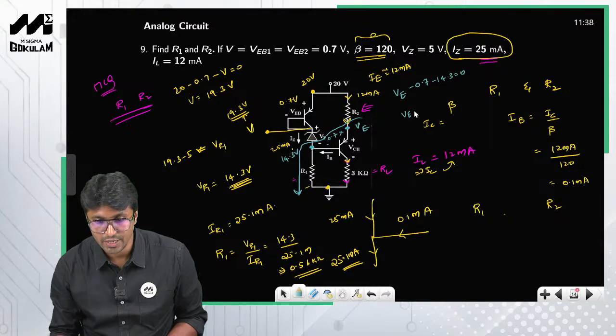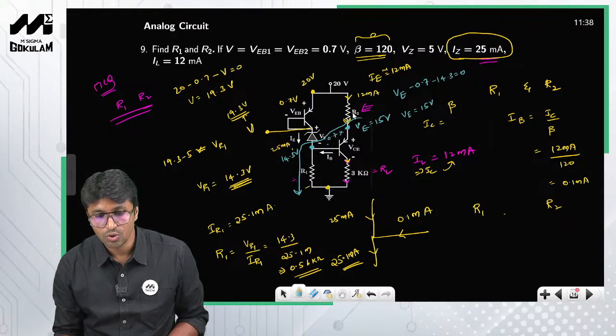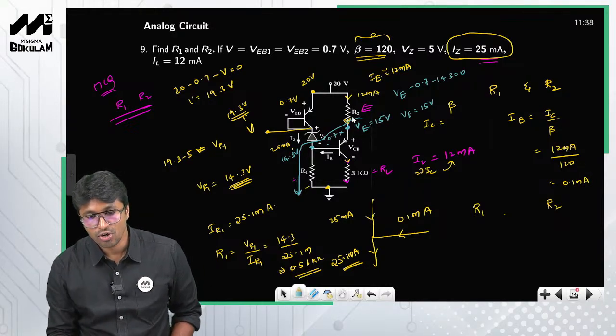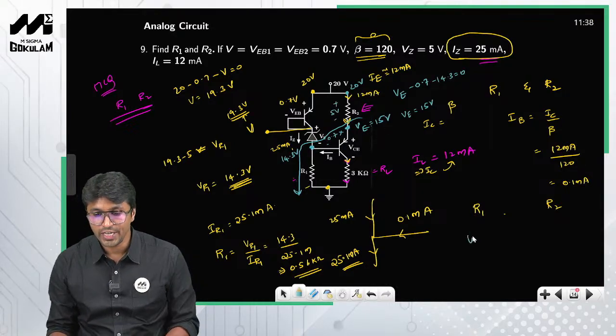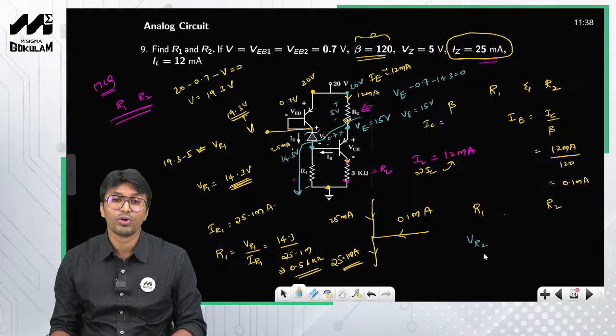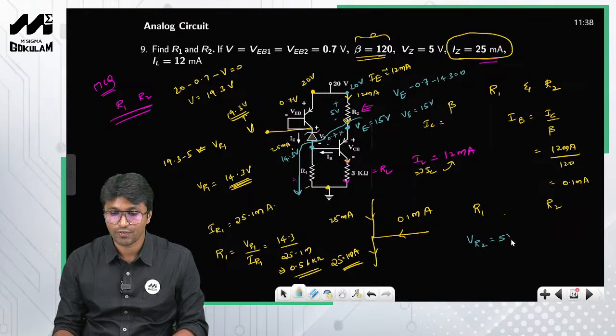So therefore VE is equal to 15 volts, right? So this node voltage is nothing but 15 volts. Look at both ends of R2. At one node the voltage is 20 volts, at the other node the voltage is 15 volts. So the potential difference is 20 minus 15, which is 5 volts, right? So the voltage across resistor R2 is 5 volts, and the current through the resistor R2 is